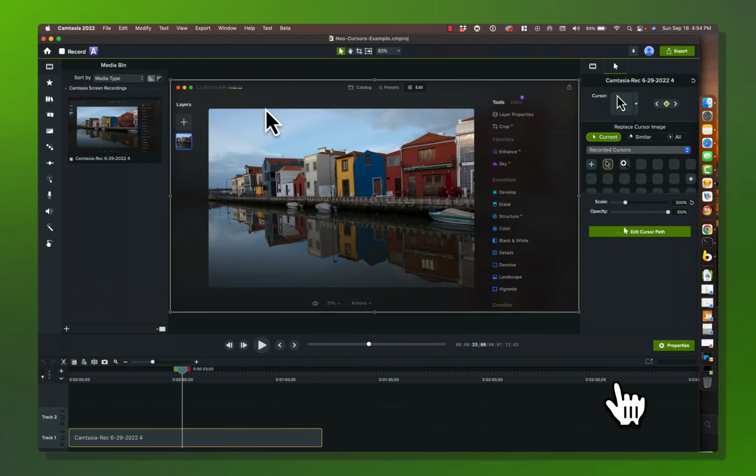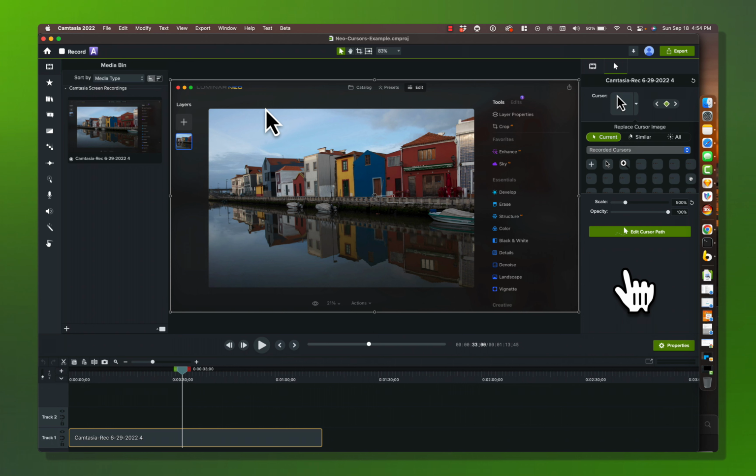All right, I am super excited to walk you through the brand new cursor replacement UI. Some of these elements have been around for a while, some of them quite a while, like scale and opacity, but there's some brand new elements. Again, you get to these by having a piece of media selected, making sure you're on the cursor tab, and then the properties panel will expose all of the properties that we allow for manipulating the cursor in a screen